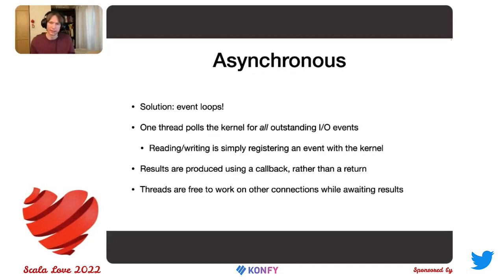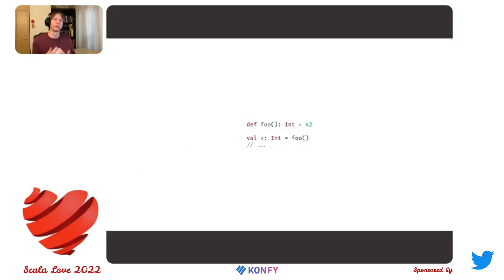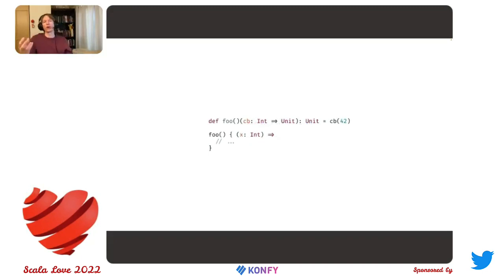But the downside is that you need to rewrite your code. You need to take your program that's in this type of paradigm where you have a foo function that returns an int to you, right? It doesn't let your control flow continue until you have the int in your hand right now. And you have to rewrite it into this type of form. So now instead of returning an int, foo returns a unit, but it takes a callback that you hand an int to. These two formulations are actually equivalent in terms of expressive power if you ignore multi-calls,